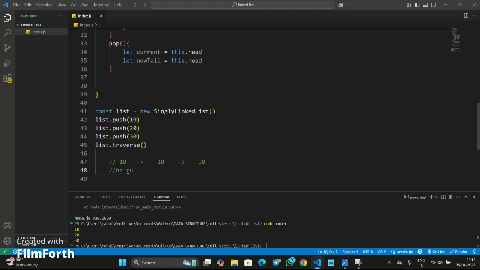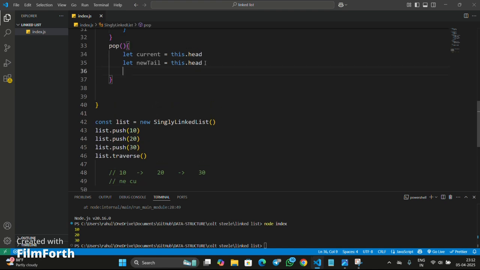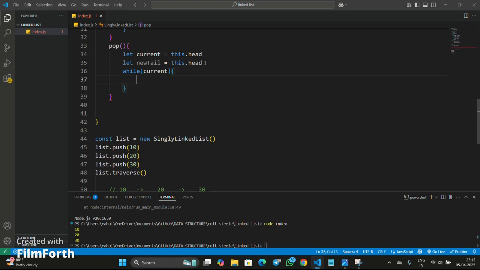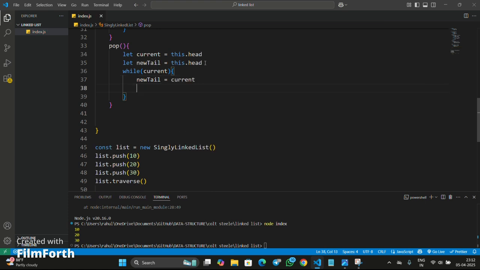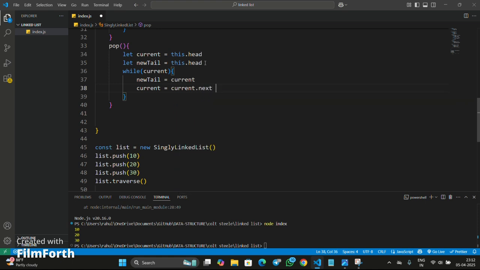Consider this example in which both the new tail and the current are pointing at the 10, and on entering the while loop, while there exists a current, new tail will become the current,